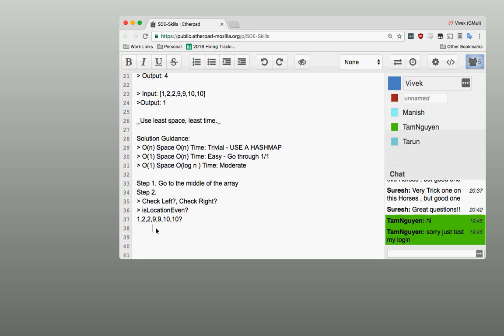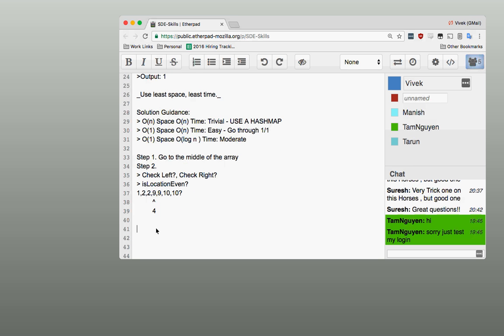So what we do is that we jump to the midpoint. Now what you do is you're actually checking what is the ordinal value, or what is the position of this one. This is the 4th location, right? So what I'm saying, the condition that you'll have is something to the effect of: is location even and left not equal to current